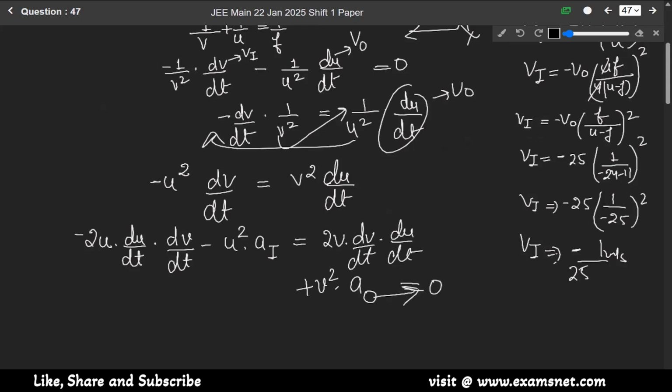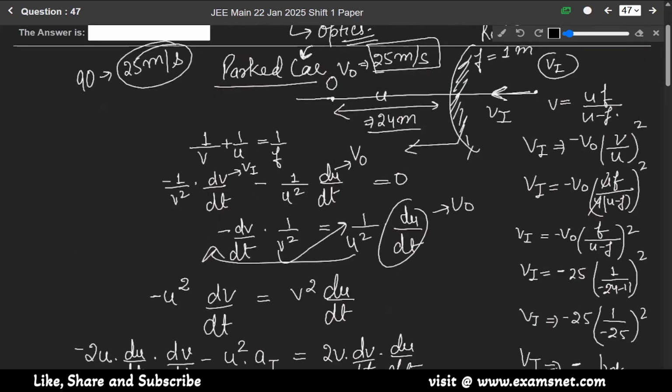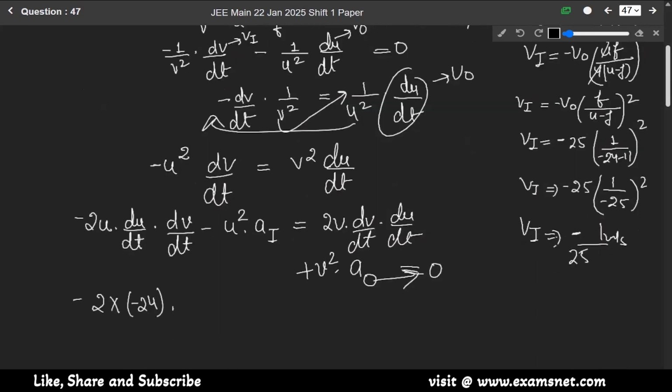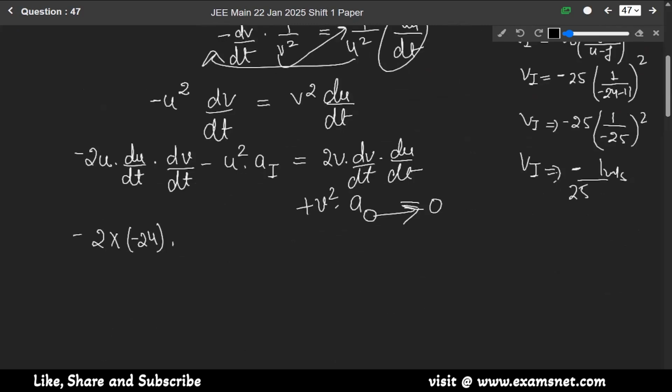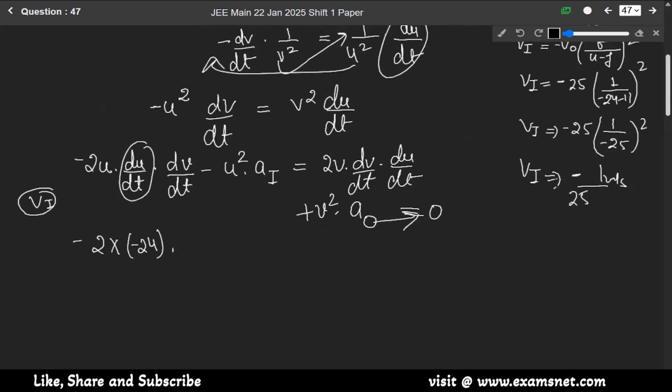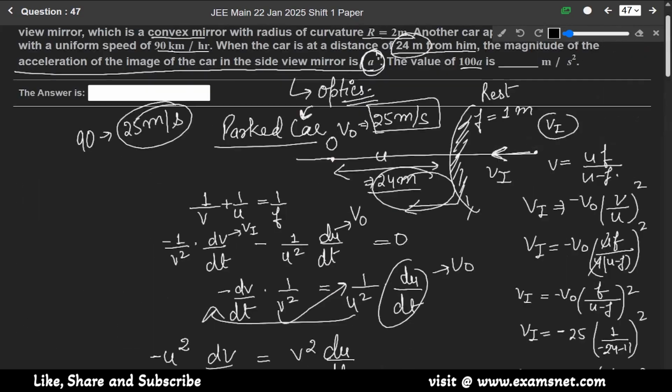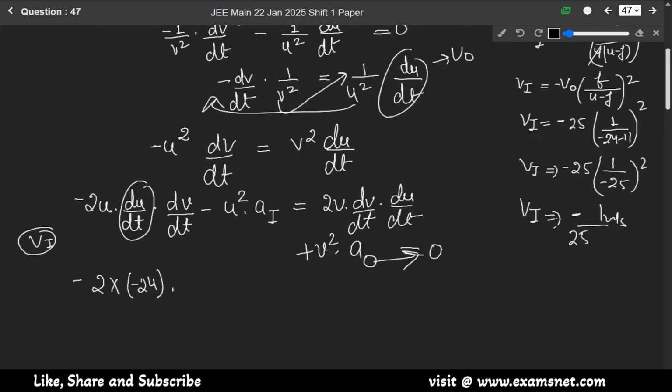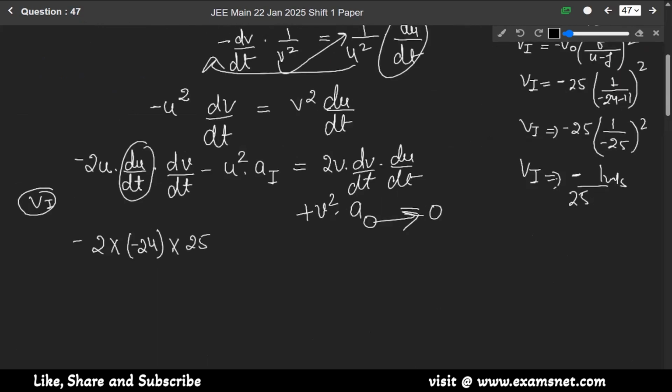Okay, so we can write minus of 2. Now u is minus of 24, because it is on this side of the mirror, so it will be minus of 24. del v over del t is vi, and vi is minus of 25. First del u over del t, del u over del t is 25 meter per second. So into 25, into del v over del t means minus of 25, and minus of